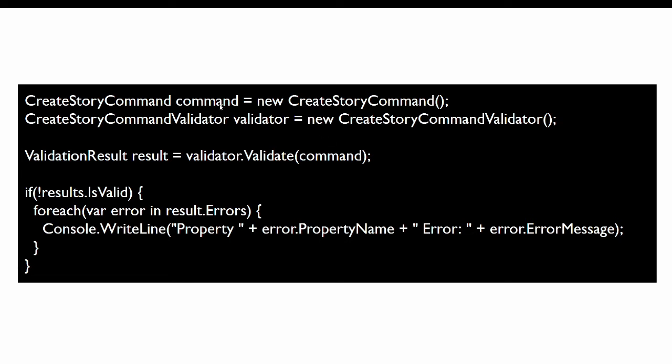Next, this is how we will use it. We have this command object, validator object, and we will just call the validate method like this. It will validate this command object and will return the result. Result has an isValid property which indicates if validation is successful or failed. If validation has failed, then we can find all errors in the errors array and then we can display this information to the user. These are some basics of Fluent validation that we need to understand. However, we will be doing this differently in mediator pipeline behavior, but these basics you should know.